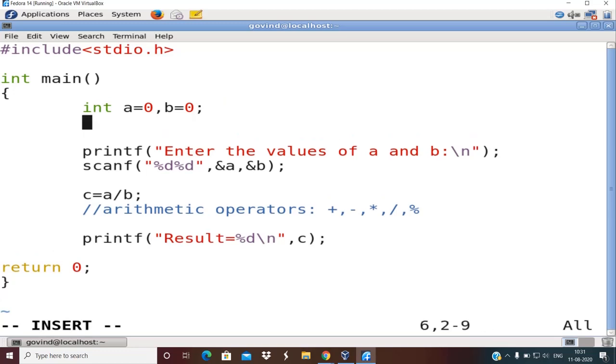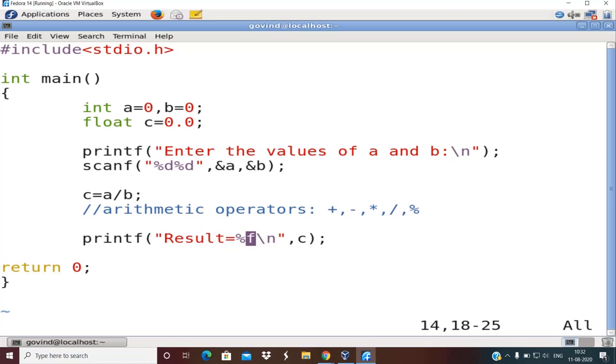So I don't want C to be integer now because it truncates the fractional part. I'll now make C a float. Since C is float now, the default value of a floating point variable is 0.0. So I'll now go ahead with the compilation, and also here, when you are displaying the result, since you have made C a float, instead of %d you must make it %f.